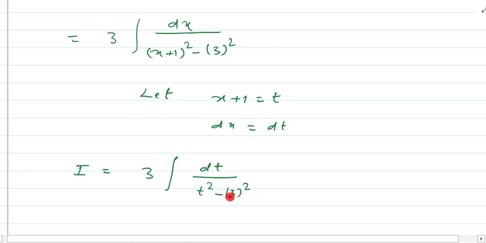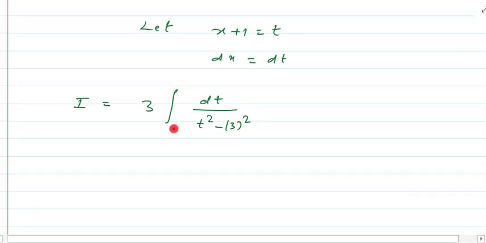Okay, now if you remember the result, it is using the integration of dx upon x square minus a square. And that already you have studied. So apply this result over here. So after applying, we are getting